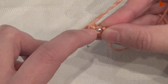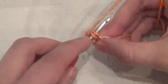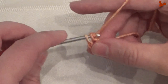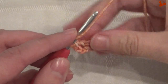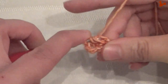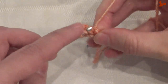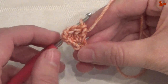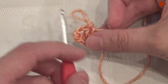I just forgot that first one, right. There you go, now it's properly done. On the side of that single crochet, going to work 3 doubles. Just 1. And if you get the first one done, then the rest follow easier. It's 1. And 2. And 3. I'm going to take my hook out and just open up this loop,